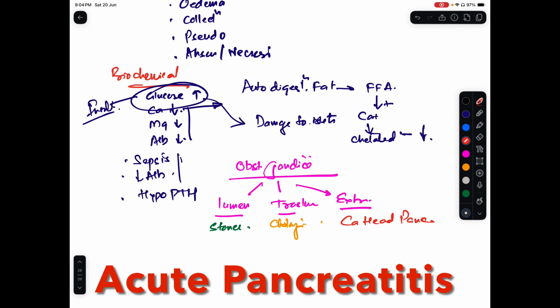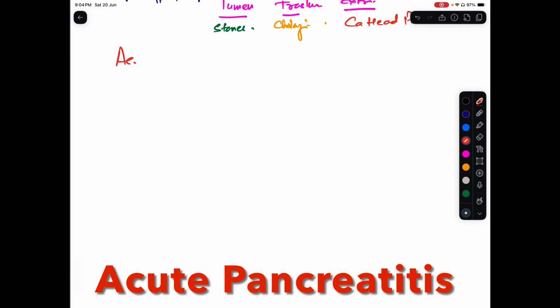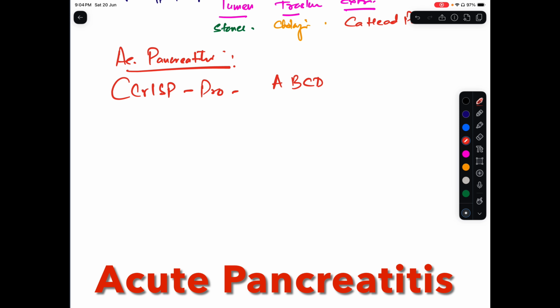So how do you manage a patient of acute pancreatitis? This is important. This is a critical patient. You need so many things. The CRISP protocol, the A, B, C, D, E approach. So admit the patient in HDU or ICU, then give